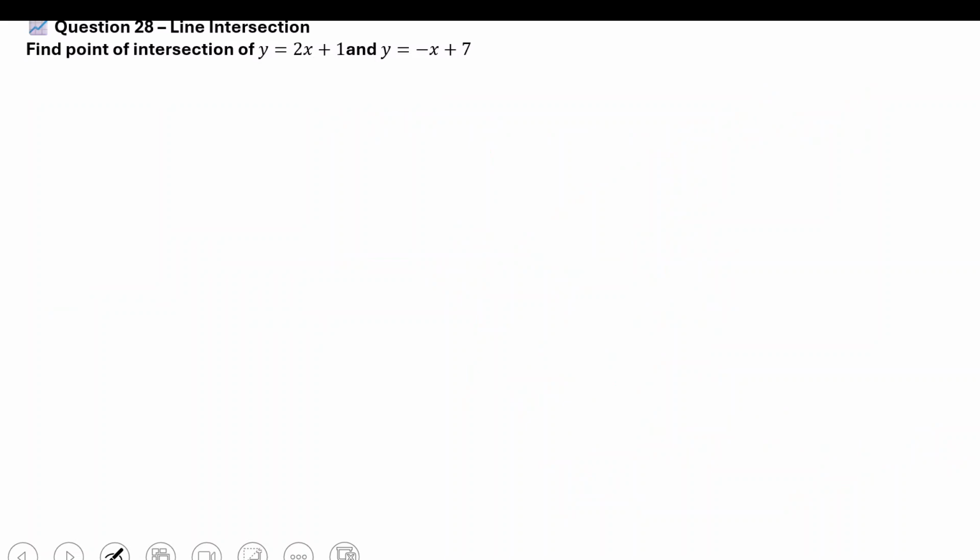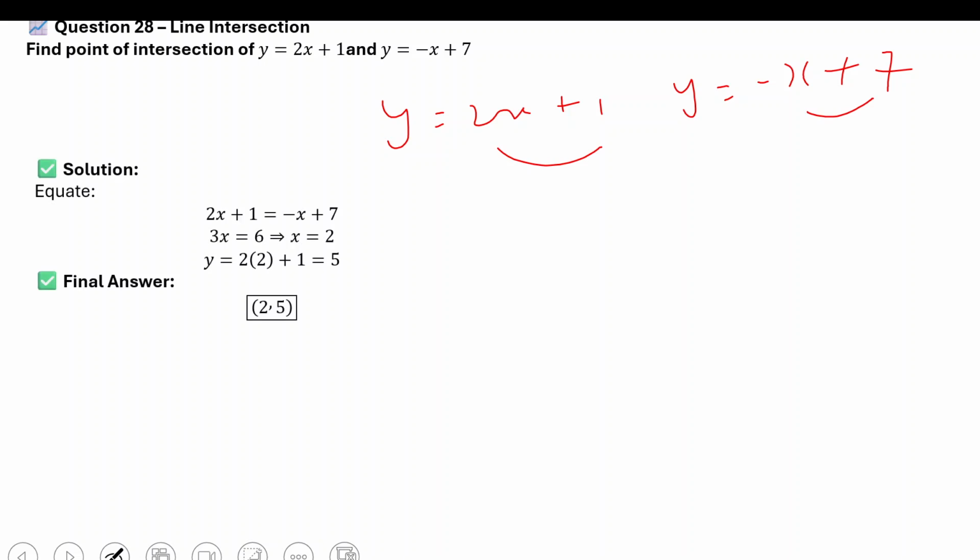Okay, so find the point of intersection of y equals 2x plus 1 and y equals minus x plus 7. Intersection means that you are going to equate this and this, right? So equate it. So I have 2x plus 1 equals minus x plus 7. 2x plus 1 minus x plus